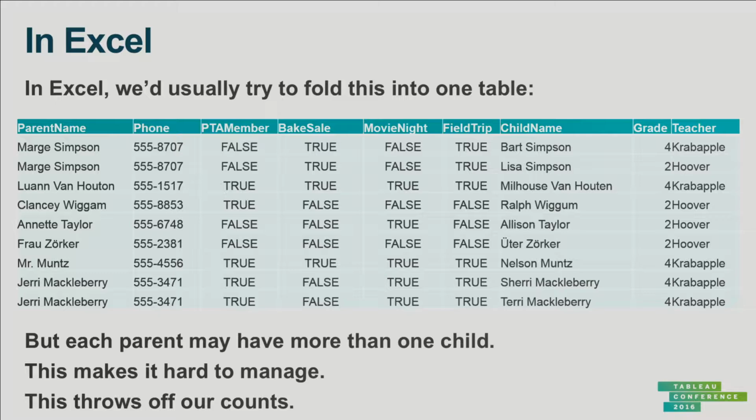This is what database people call denormalized, and database people hate denormalization. We'll talk a bit more about this. But really, it says there's a lot of redundancy in the data. It makes it very hard to manage. It also is going to throw off our counts. Now, we're going to see we're going to have problems with counts anyway. But if I want to do that count, if I say how many people are willing to help with a bake sale, well, I get 1, 2, 3, 4, 4, right? But that's wrong, because Marge just got double counted. She can only help once.